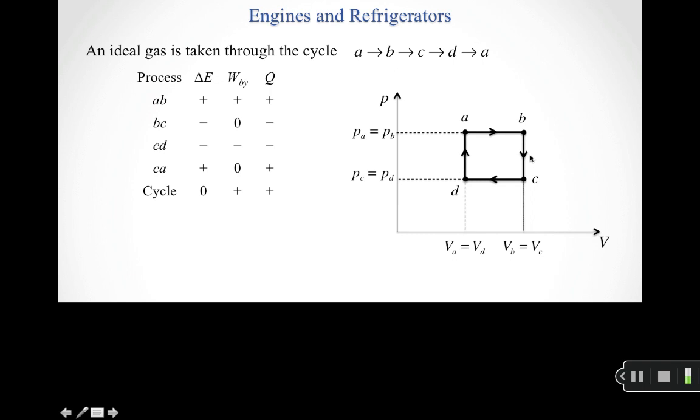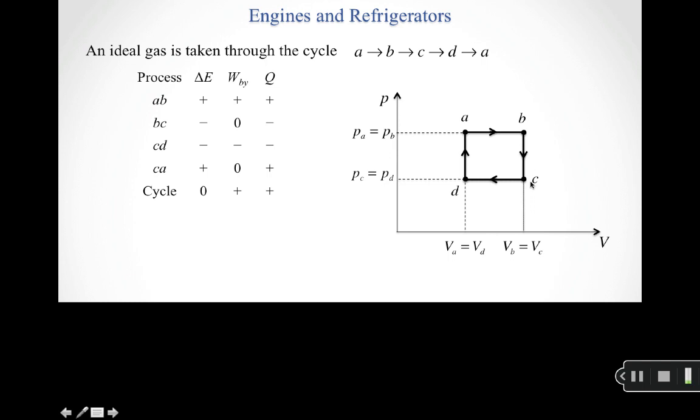and Q_out. Now, if we think about the system we were describing initially, again, as we went through our cycle, as we go from A to B, it's an isobaric expansion. We know that we're going to go to a higher temperature, so our energy is going to increase. We have positive area under our curve for the expansion, so we know we're going to have positive work done by the system. And again, our first law tells us that this plus this has got to be equal to the energy transferred into the system as heat. So I know that I will be taking in energy as heat along that step AB.